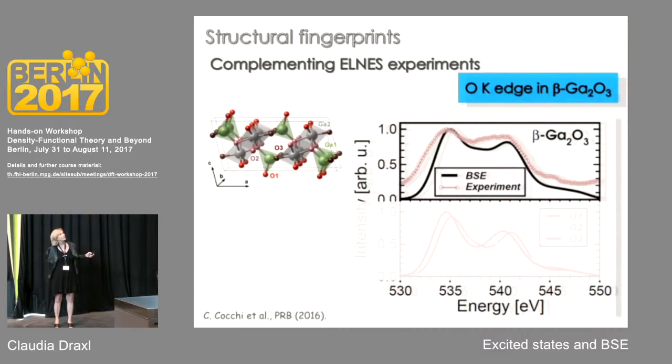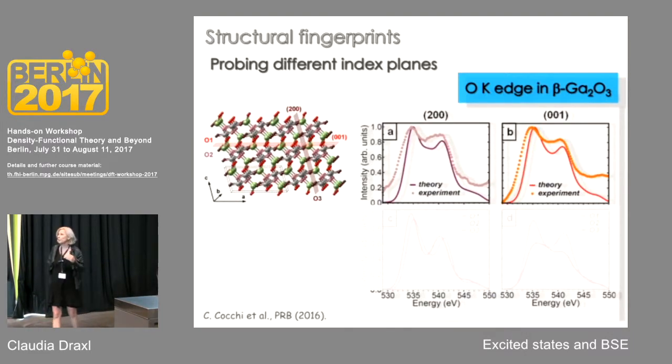It shows us that this spectrum looks pretty much like a potato, or maybe like the snake that has swallowed an elephant, with these 2 peaks here, and if we do the calculation, then we get something very similar. So I'm not worried about the differences, because the resolution of the experiment is not perfect, and I think we capture these features very well. Now, what is the advantage of this LNES experiment? So we are using here transmission electron microscopes, that they can probe different index planes. So they could carry out with different experimental geometries